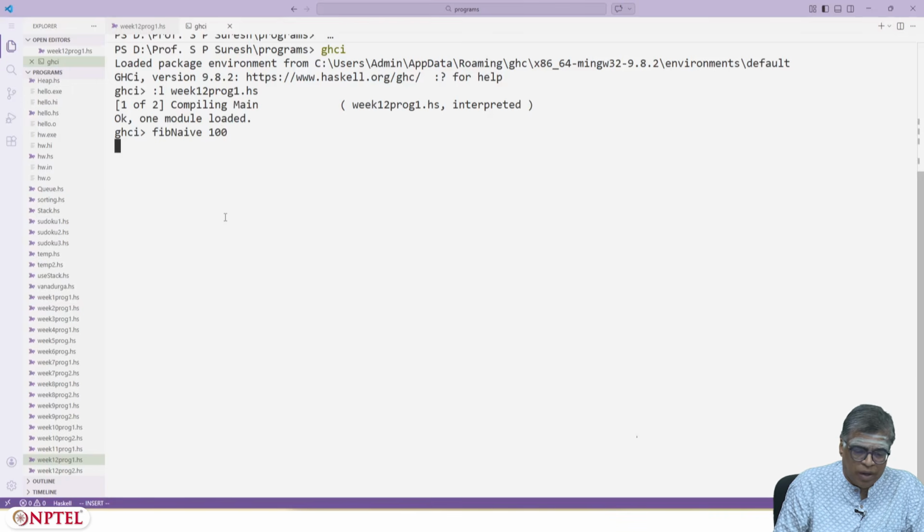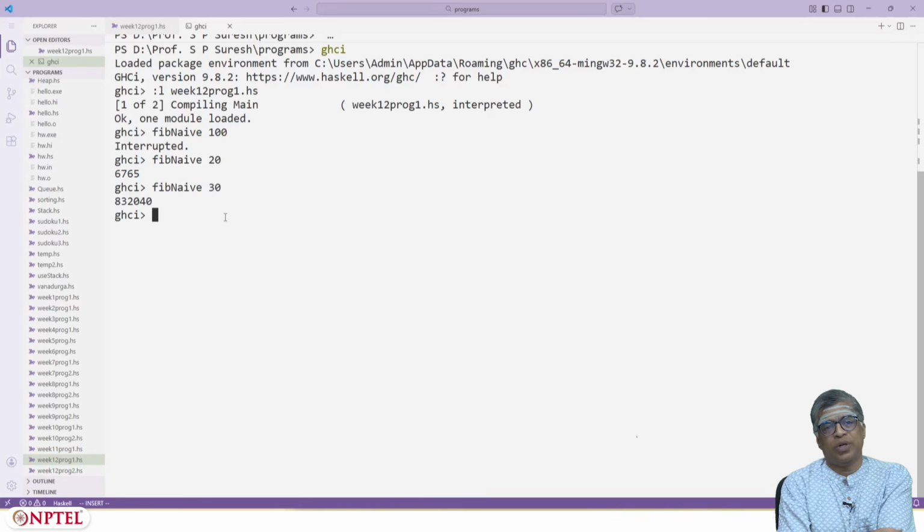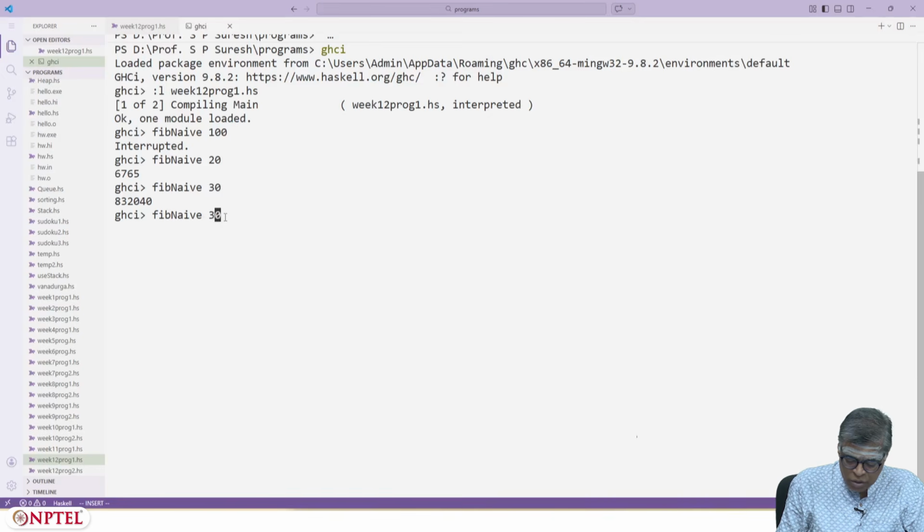You can see that even this takes a lot of time, right, and as it should, because it should take time proportional to 2 power 100, which is really humongous. So, I will stop this, I have interrupted that. Fib_naive of even 20, let us see how quick that is. Fib_naive of 30, yeah, even the naive Fibonacci number computation of 30, you see that there is an appreciable delay. So, 35 or some such, and you will see that the delay is much more. Yeah, in fact, you should try this out on your own and see how long it actually takes.